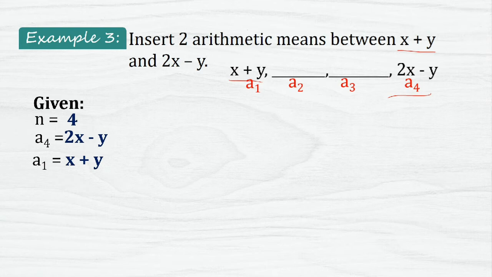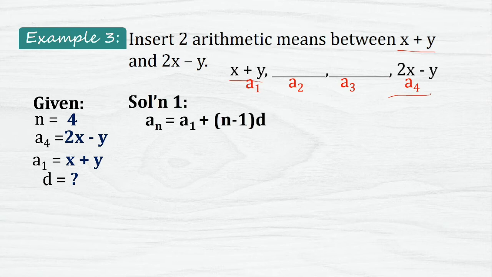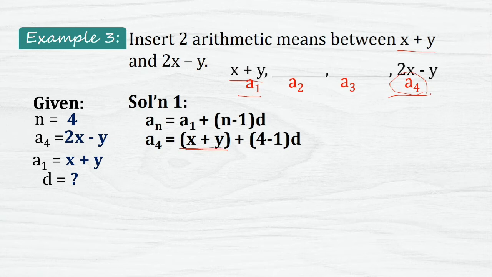And, again, since we are inserting arithmetic means, we have to solve for the value of the common difference first. So, that's by, again, using the formula of the arithmetic sequence, and then substituting the values. A sub n here, we will use the last term, A sub 4. So, A sub 4 equals our A sub 1 or the first term, x plus y, plus the quantity n minus 1. N is 4, so 4 minus 1, times our common difference. And then, substitute the value of the last term, A sub 4: 2x minus y equals x plus y,